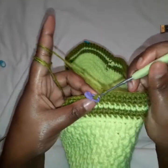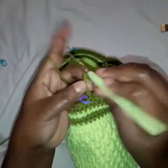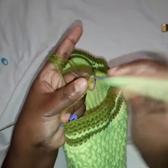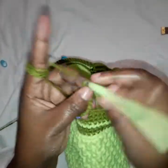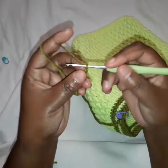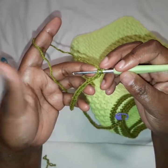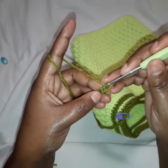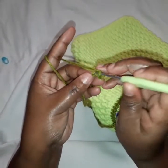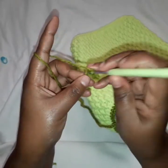I'm at the stitch marker. I work one single and I make a chain which is 40 centimeters long or 15.5 inches. So here is my chain of 40 centimeters, and we skip the first chain, and to the next we make a single crochet, and we continue making single crochets until we get back to the stitch marker. And when we get there, we slip stitch on the stitch marker